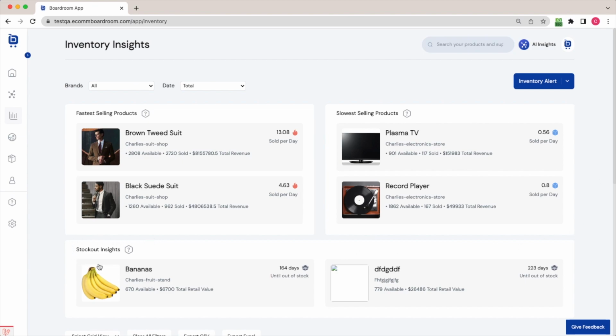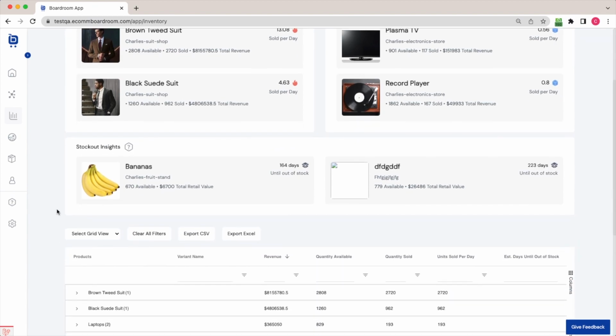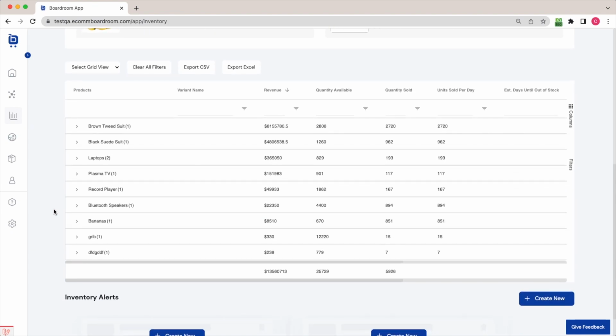So that's what this Stock Out Insights widget is here. It's showing you the products that most urgently need to be restocked on your store. So we'll come back to that in just a moment, but scrolling down from this widget here, we have the